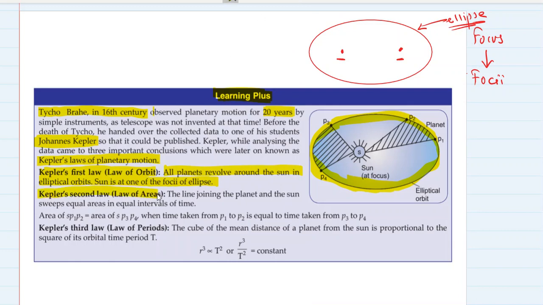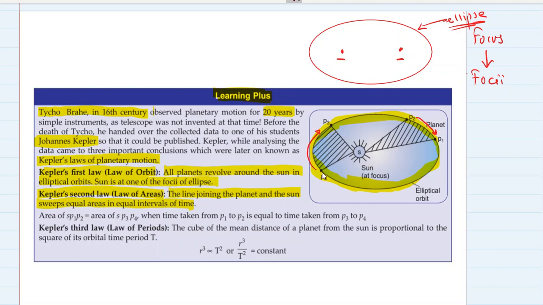This is known as the law of areas. The line joining the planet and the sun sweeps equal areas in equal intervals of time. Let's imagine that the planet is moving from P2 to P1. So let's join a line from P2 to the center, that is a focus, and P1 to the center. So what do you get? You get a triangle. The area of this triangle is equal to the area of the triangle made by the moving planet,